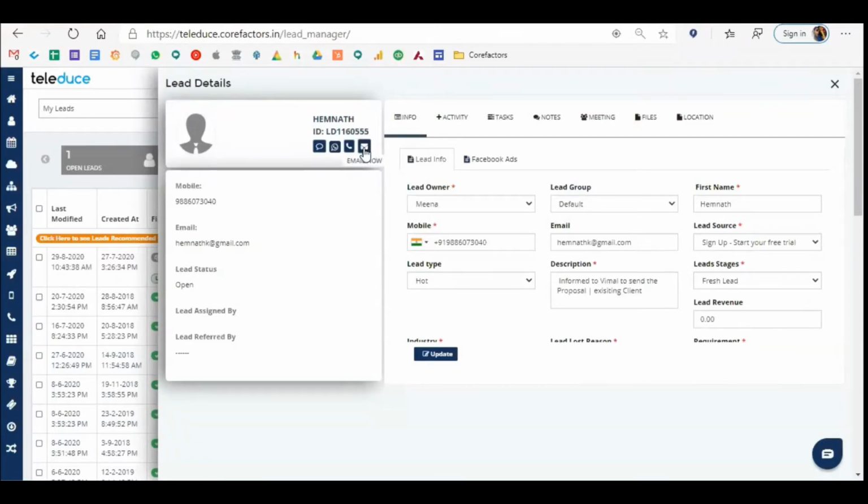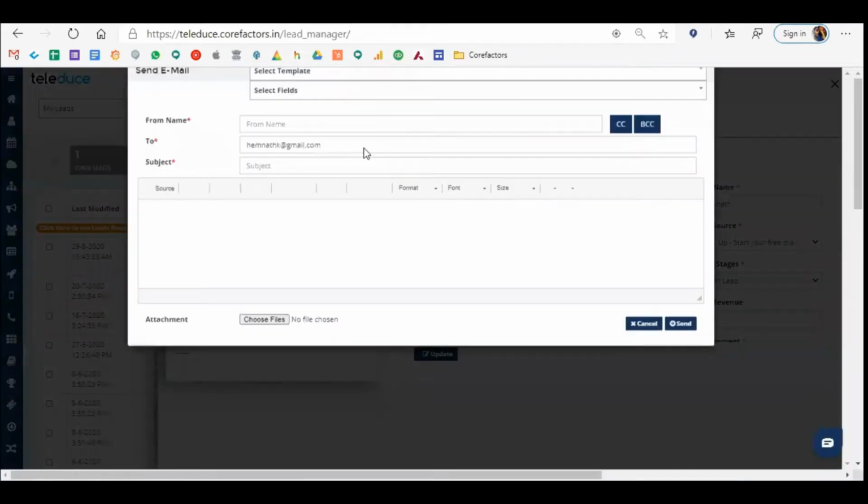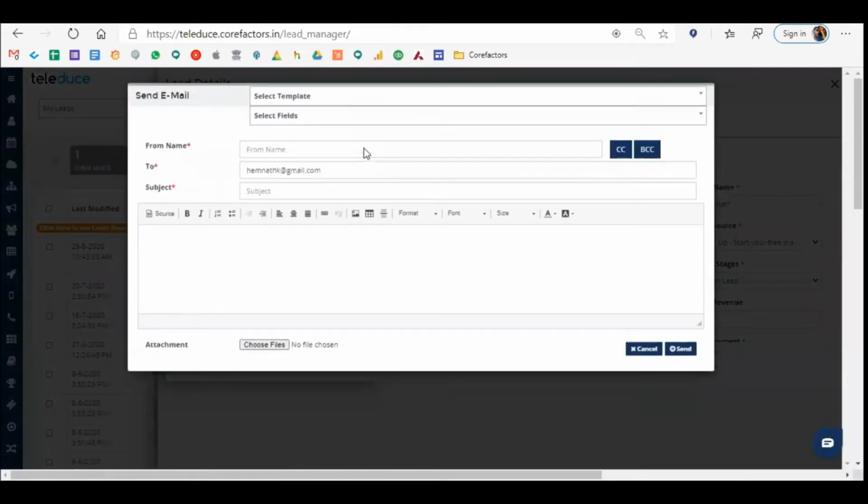Now coming to the last communication icon, that is email. We have two options here for emails also. If you have a Gmail account and you want to integrate your Gmail or Outlook account to send and receive emails, you can do that. Here also we have the from name, so if I want to have my name or my company's name, I can do that. Subject line.